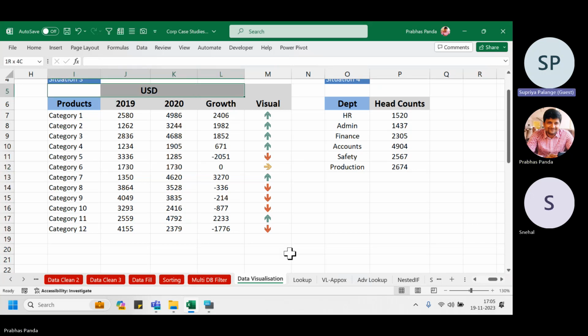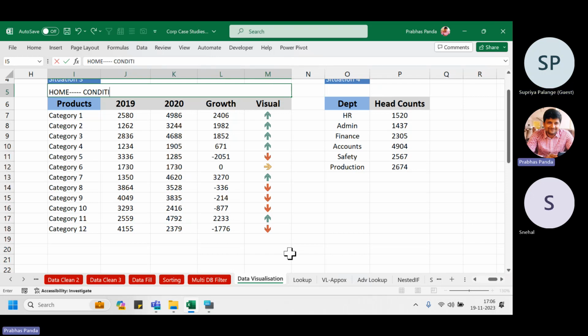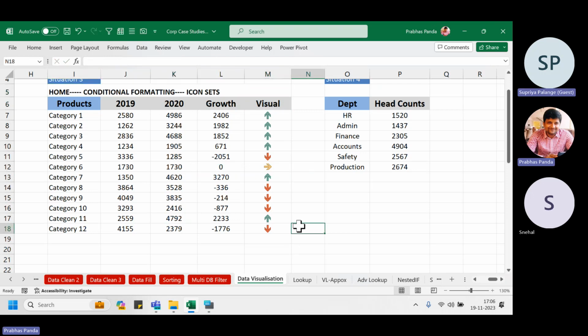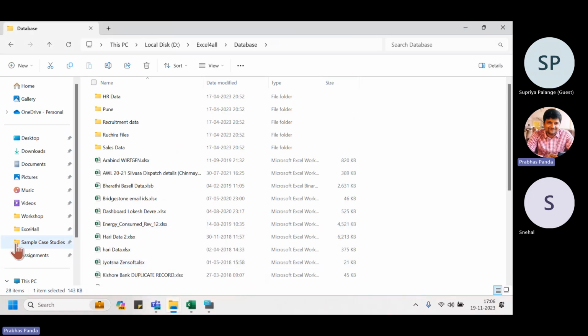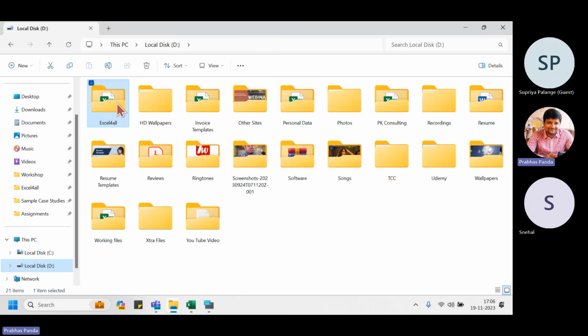And what is that about? जैसे कि हमने डिस्कस किया था, this is nothing but it is available in our home tab. Conditional formatting. होम के अंदर ऑप्शन है कंडीशनल फॉर्मेटिंग, icon sets, and this is what you mostly find on all the big force presentations also. I'll show you one big force presentations as well, so that you can also get some confidence कि ये सिर्फ मैं नहीं बता रहा हूँ, बल्कि लोग सच में यूज करते हैं। मेरे स्क्रीन के ऊपर थोड़ा ध्यान से देखो।